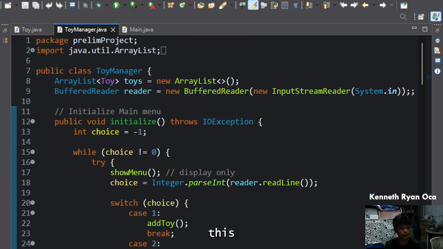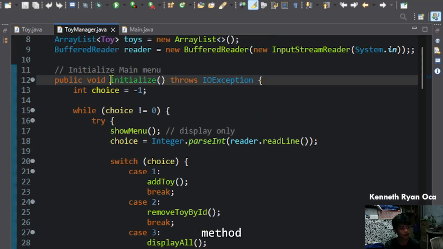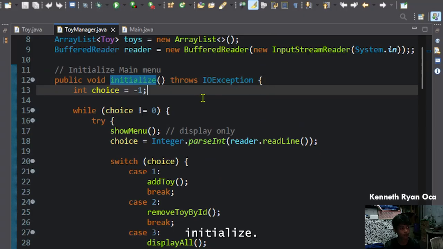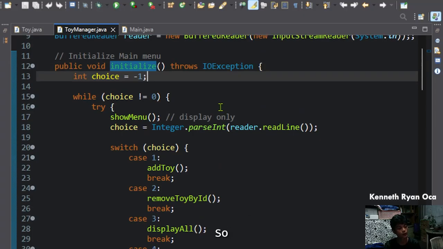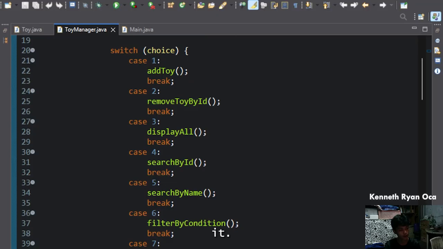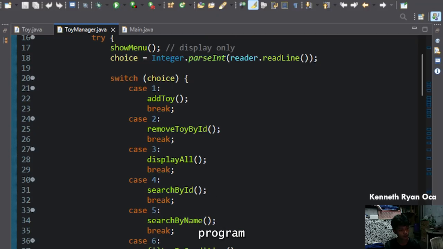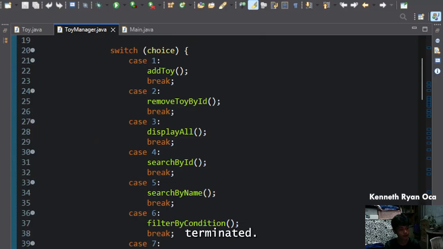In this method, which is named initialize, when we run our program, the menu will loop until the user chooses 0, which is program terminated.